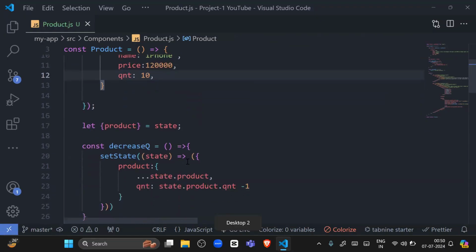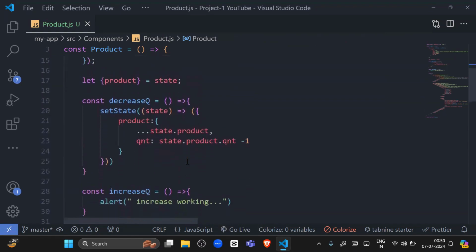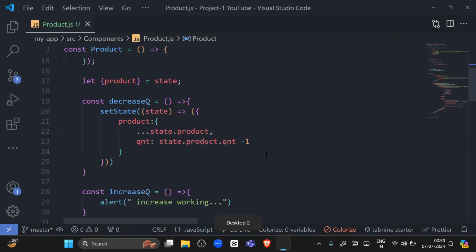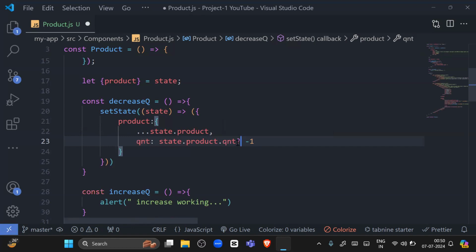Suppose 10 is coming, so when you decrease, it will decrease, and no product is going anywhere, right? Now what we will do, we must ensure it should not go below zero, but it is going below zero, -1, -2, like that. It should not go like this. So we will use ternary operators here. Okay, so I will say, if quantity,